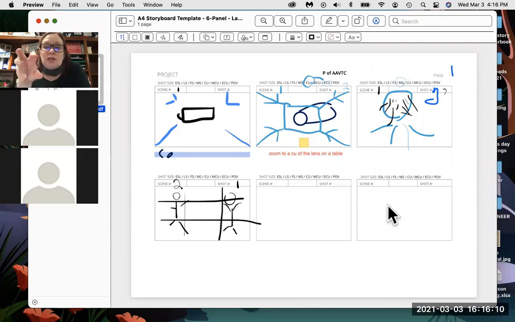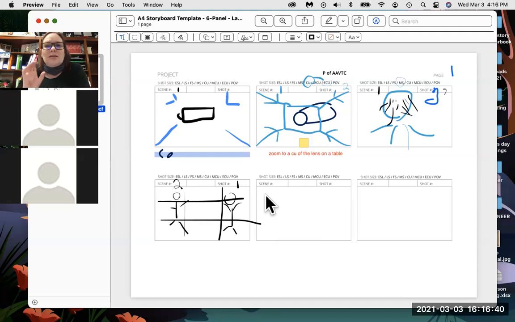Okay. So you're going to have a video representing a camera, a video representing rendering, a video representing a clip, but you're not going to have a video of each thing on the back. You're doing those things on the back. So you might be zooming, or you might show a close-up, or you might show a mid shot of somebody. So the things on the back are how you are writing them out. So make sure that you draw at least 1 close-up, at least 1